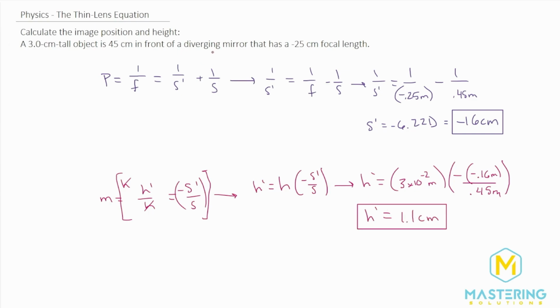So with a diverging mirror, you can see that the image is smaller than the object. So we will always get a virtual and an upright image. The positive here indicates that it is upright. If it's a negative here, that indicates it's virtual. And since this is smaller, we did get a little bit of minification, which, if you've ever seen a diverging mirror, like in a security camera or in a mall, you see that the image is smaller. So here are your two answers for the image position and the image height.